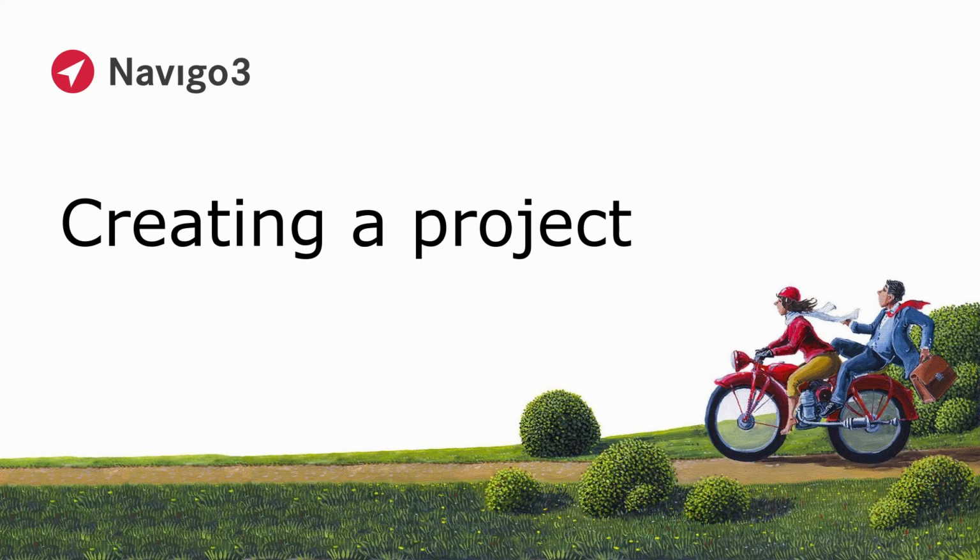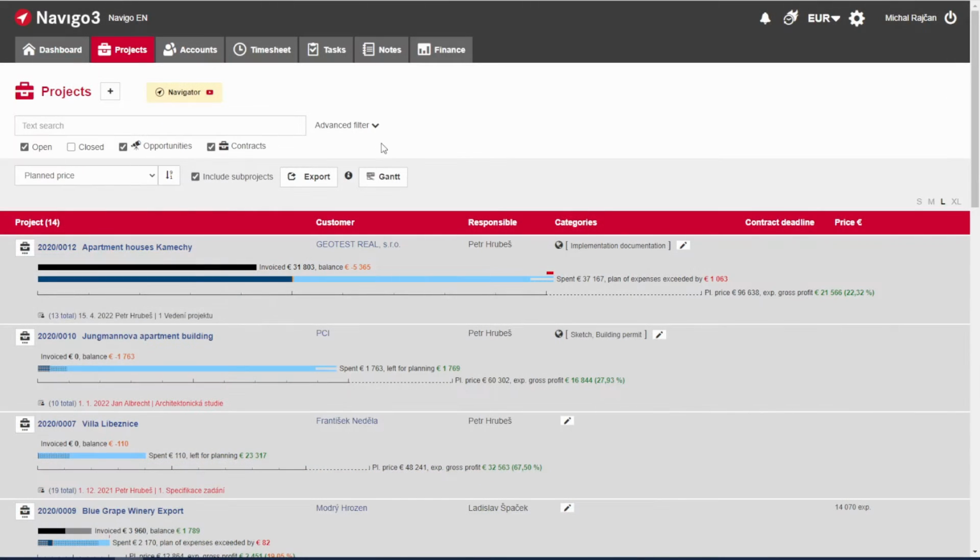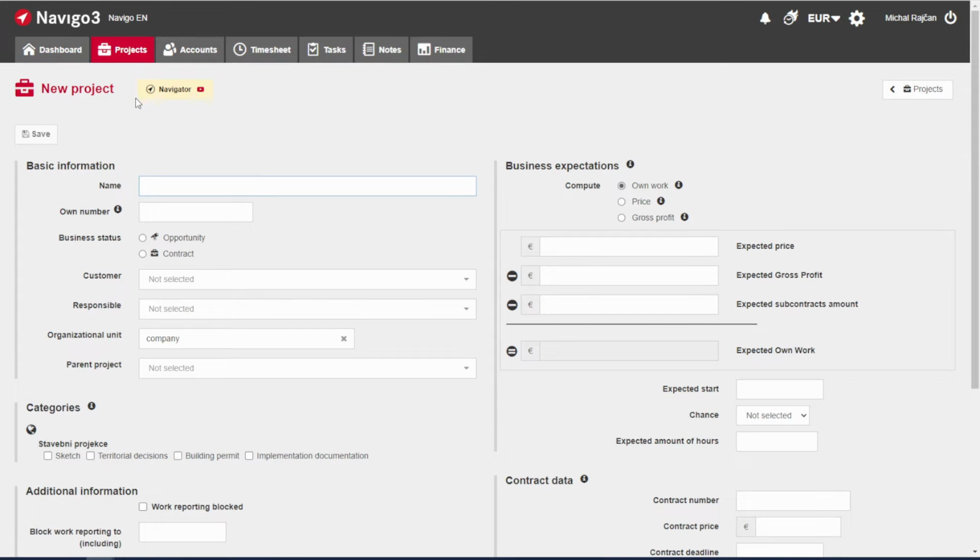Setting up a project in Navigo will take you only a few seconds. All you need to do is add a new project. First, it is necessary to give your project a name. In case that you are using your own numerical labels, add a desired number. In case you are not, Navigo will automatically generate a numerical label based on current year and order of creation